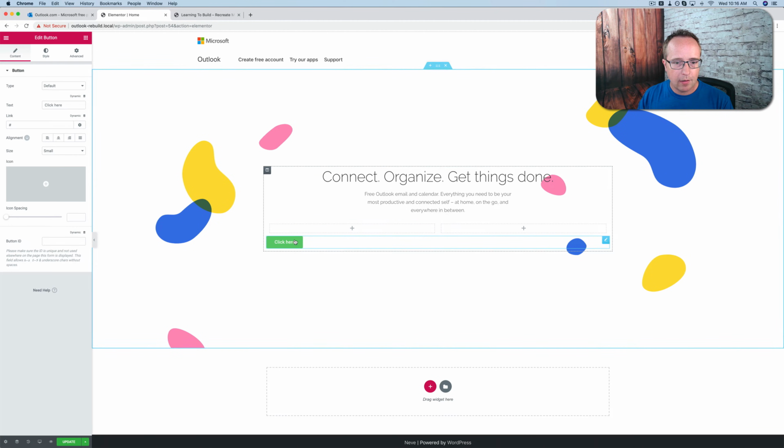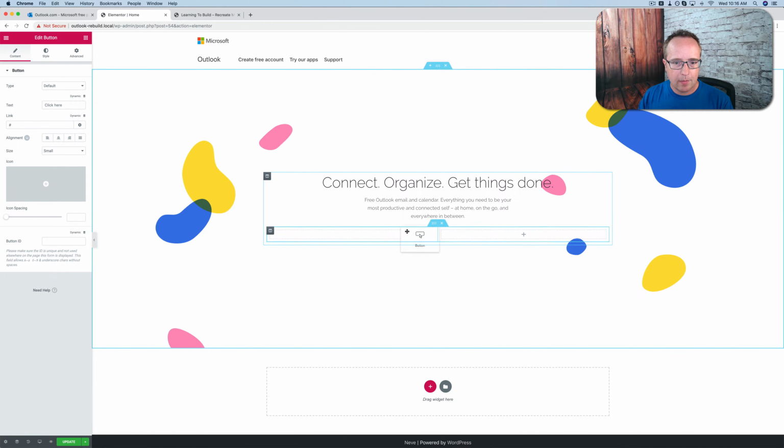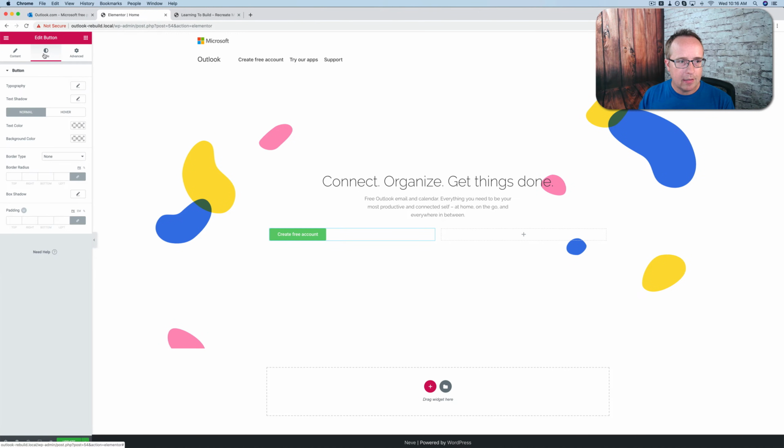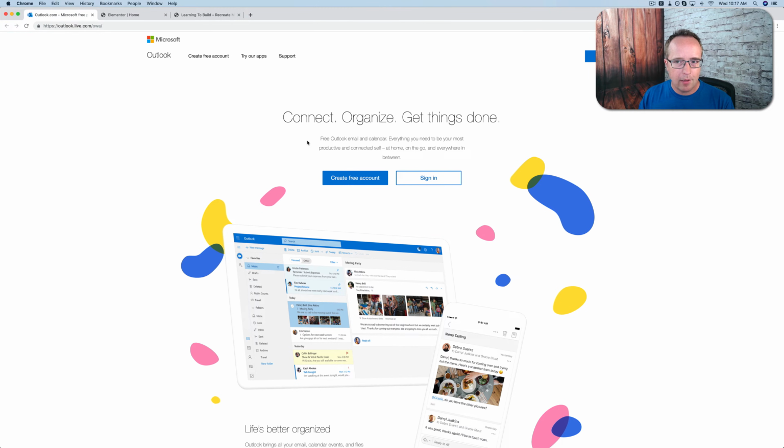Let's add the first one there. Let's put it in the right spot. I missed. There we go. Let's change the text to create free account. Let's change the style to be the color they have for their button. You can use the color picker to pick the exact color they have,